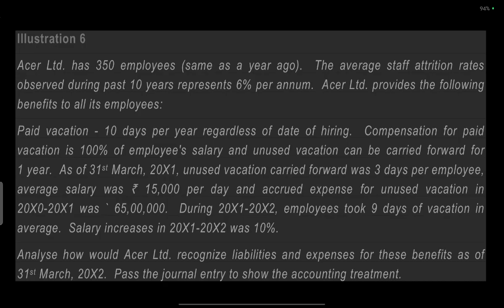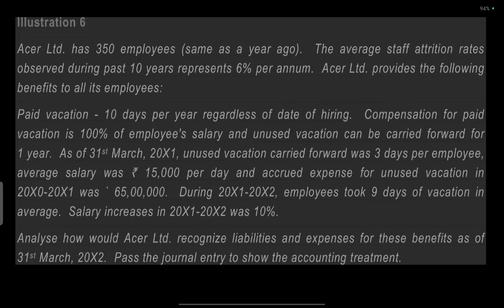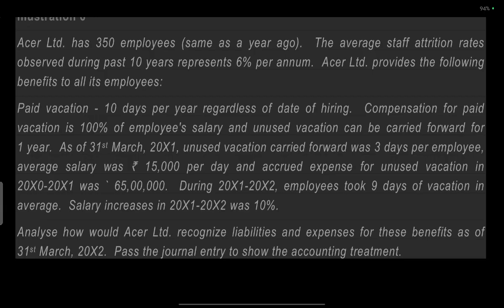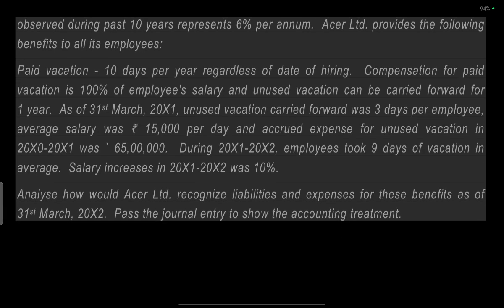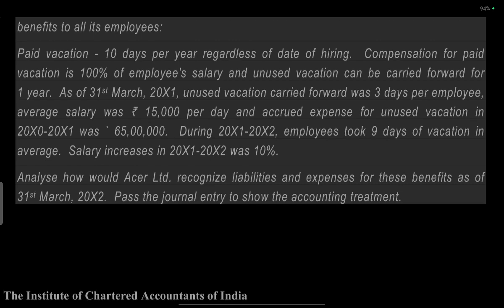Average staff attrition rate observed in the past 10 years is 6% per annum. The entity provides the following benefit: paid vacation of 10 days from the date of hiring. Compensation for vacation is paid at 100% of the employee's salary, and unused vacation can be carried forward for 1 year. 30% of employees carry forward 3 unused days, with an average salary of 15,000 per day, and the accrued expense on each